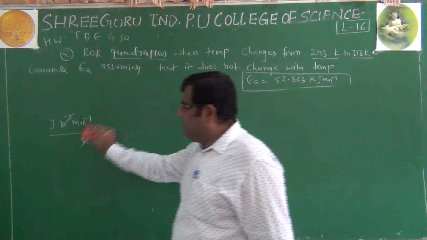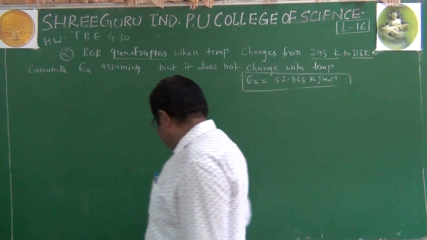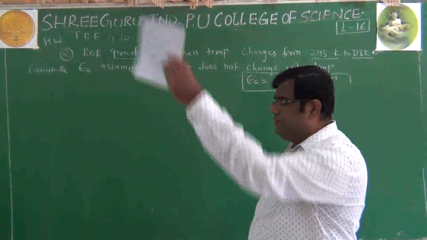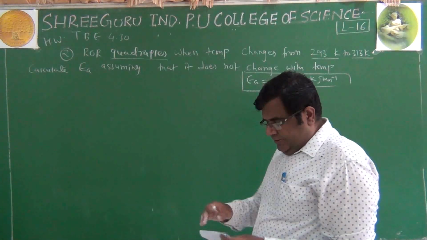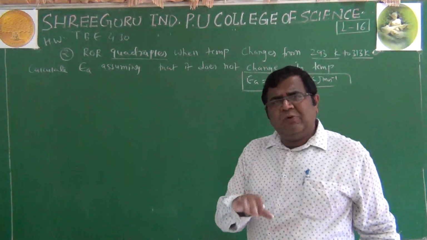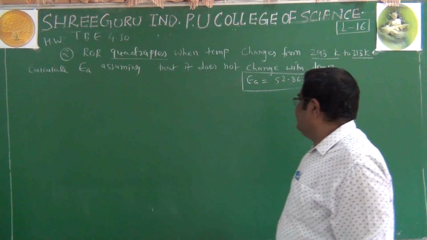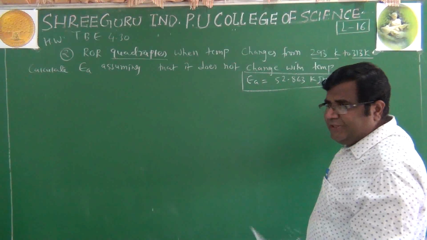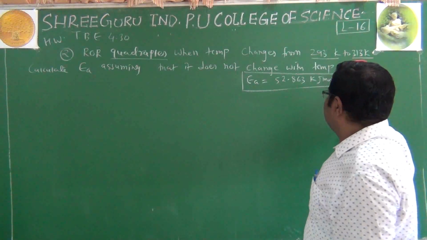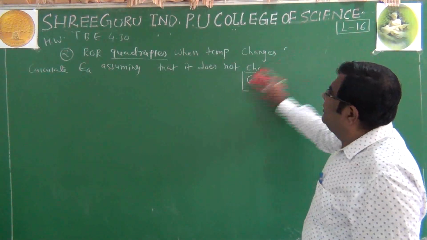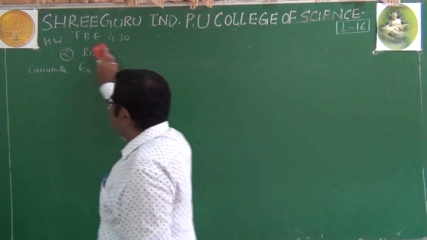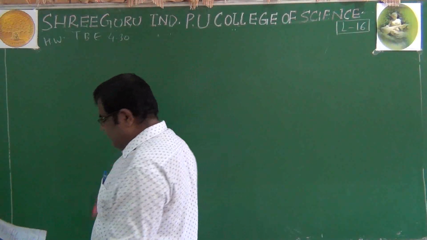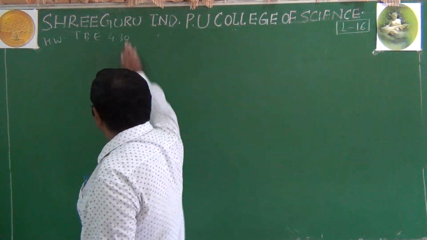Because it is a very simple question. The unit of activation energy should be very clear to you. Many students get confused in that unit. You can keep it as joule per mole or you can convert it into kilojoule per mole, that doesn't matter. So this question number 2 we have already written, and I hope that you will complete this in homework. Now I will write the next question that we will solve here. Now it is from the textbook, exercise 4.26.